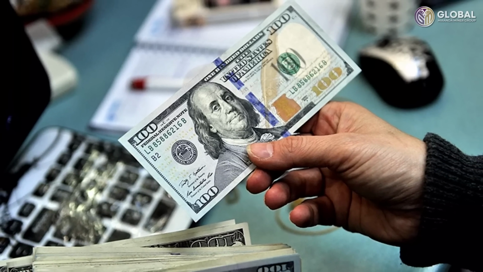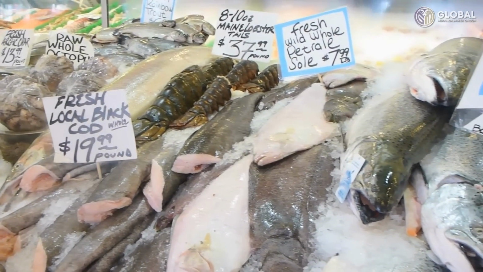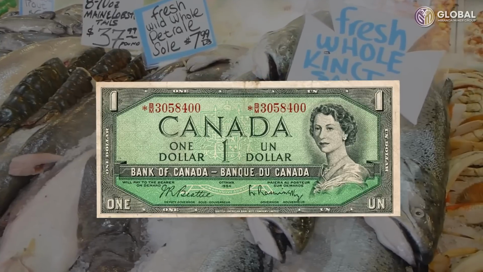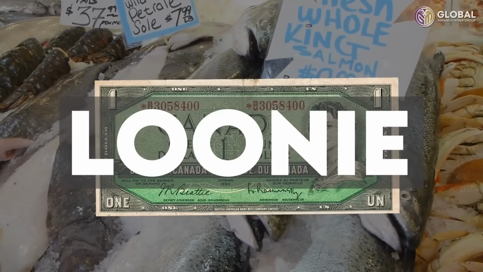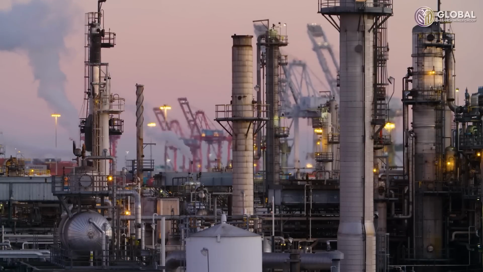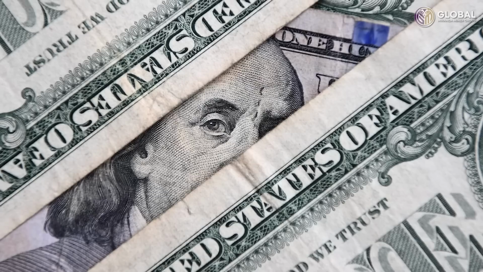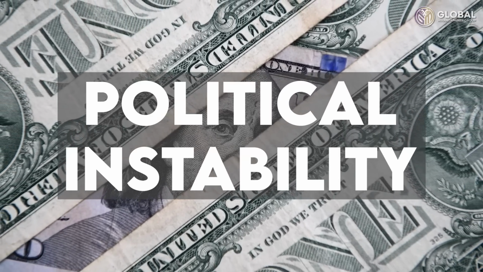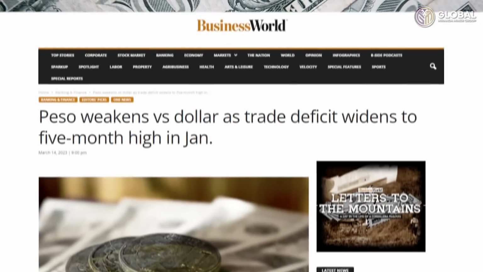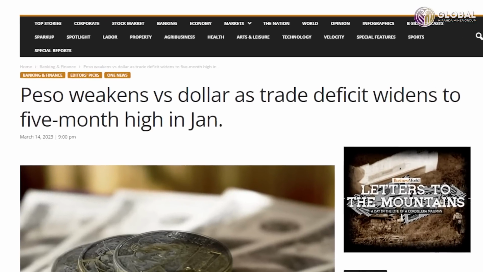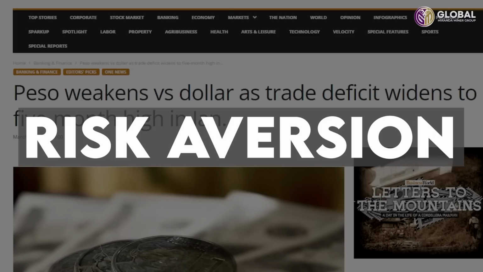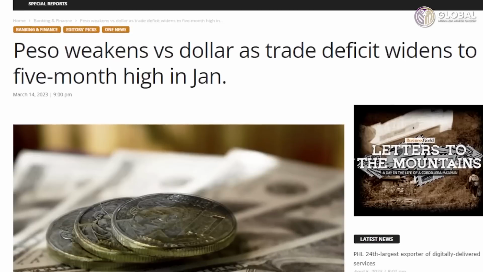Ang falling export prices naman is when the prices for a key export product fall, currency can depreciate. For example, yung Canadian dollar, known as a loonie, when oil prices drop because oil is a major export product for Canada. Suma total, there are a complex number of factors that can contribute to a dollar depreciation, including political instability, either in a particular nation or sometimes sa mga neighboring countries nito. Yung investor behavior kasi would always prefer risk aversion, or iiwasan nila ang mga risks. At yung mga weakening macroeconomic fundamentals.